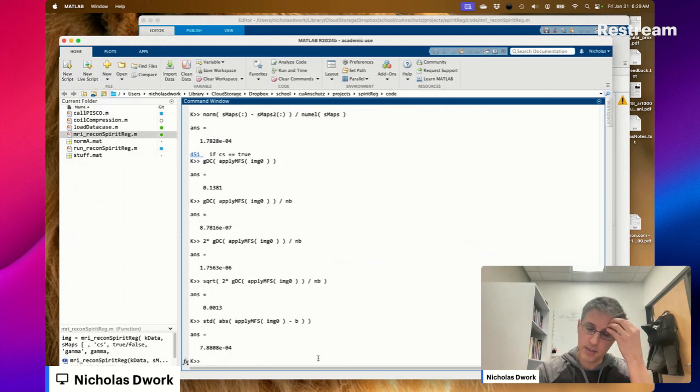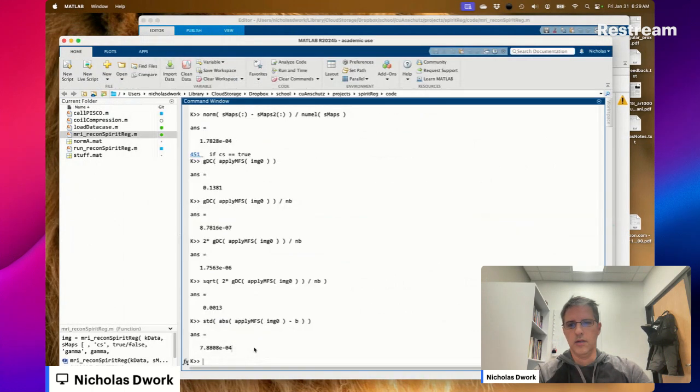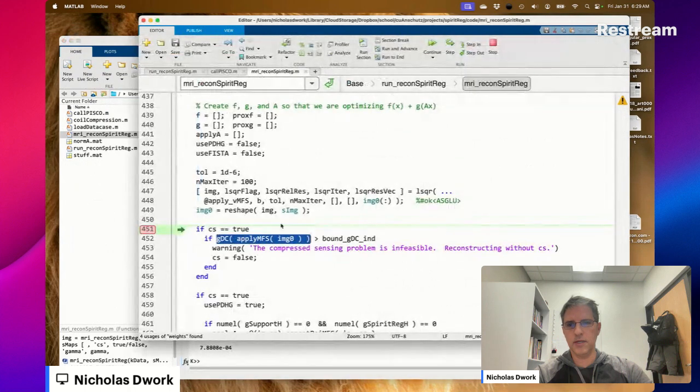No. Okay. So that's a times 10 to the -4, and we had a times 10 to the -4 over here for the difference in the sensitivity maps.